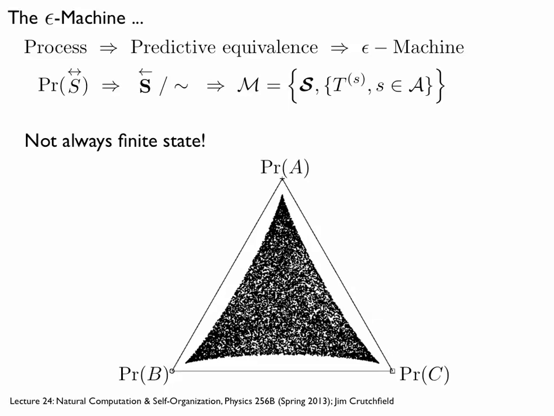So this is actually a simplex. It's a distribution over three states. Every point in here is a combination of numbers that add to one, each between 0 and 1. So the simple finite state case I first showed would be, after you've seen this or that word, you know what state you're in. You're just hopping around. But in the general case, we have to think about very complicated sets of causal states, interesting even for a finite memory process. So these are called the mixed states. We'll come back to that in a couple weeks.